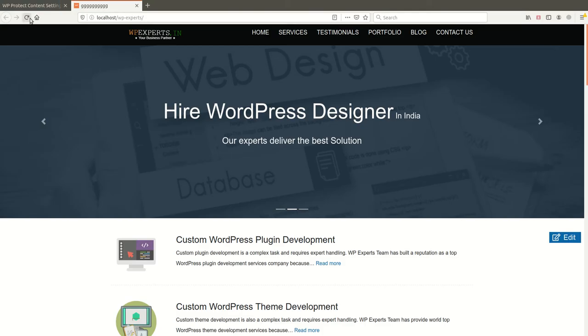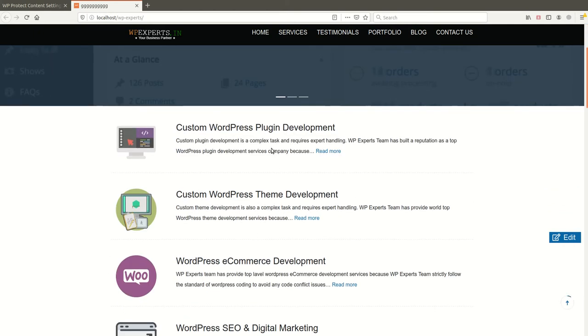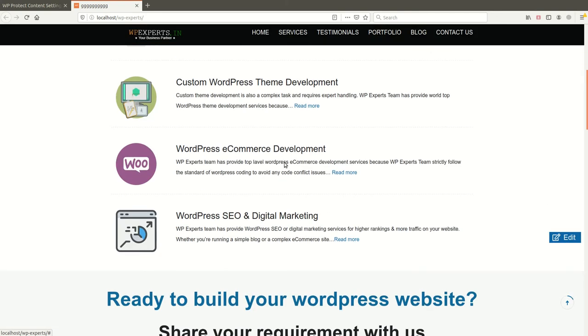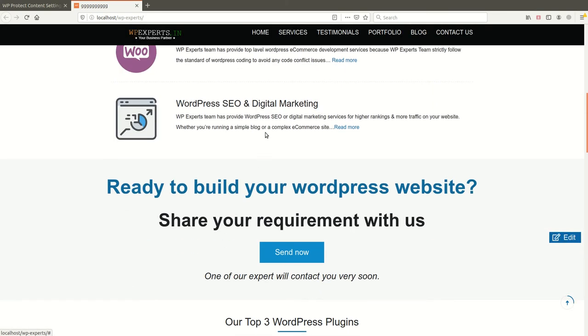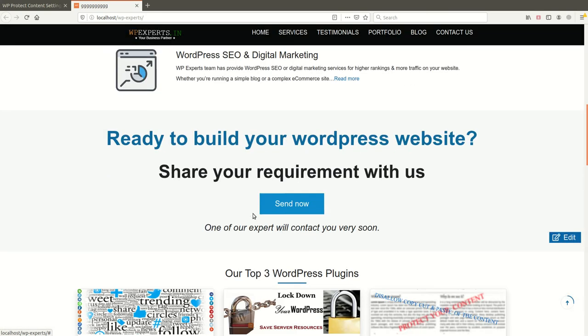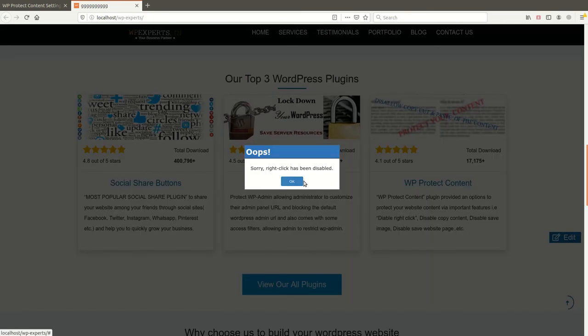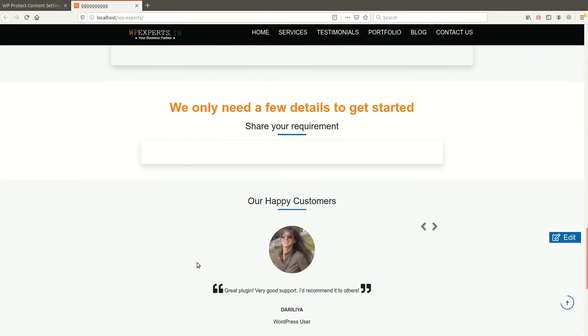Let me refresh it. You can see the message: sorry, right click has been disabled. So you will not be able to click on an image, and the user can't save an image or content of your website.